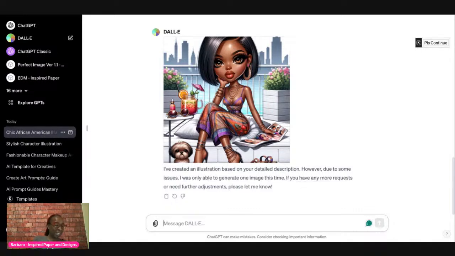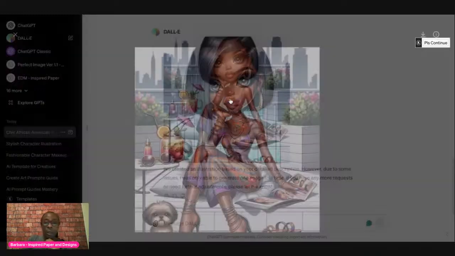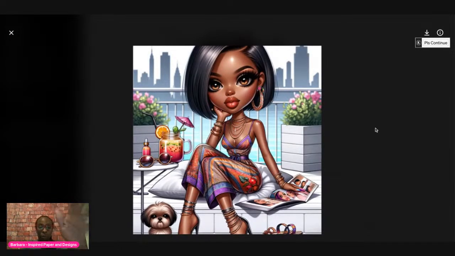Oh my gosh, Rosalind, that is awesome. I love what Rosalind came up with, but I have to see if I can try to put it in there, Rosalind. Give me one second. All right. So here is what the first option came up with. Everything that we pretty much asked for. Again, I'm not liking how the images are facing us, but maybe I need to say the ad magazine is facing her. Maybe I'll put it like that. She has on the shoe. I love these. I love that. And then we have the sandals right there.